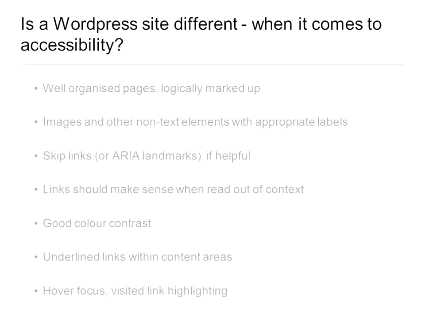Good color contrast. Underlining links when in content areas. This is just so that people can see the links on the screen as they click through them. Makes it more, highlights where they are. And that's the same with the hover focus. If they hover over something, you want it to highlight so they can see what it is, and it helps quite a lot of people. Maybe somebody with dyslexia would find that helpful.